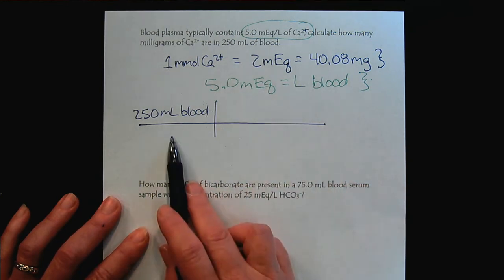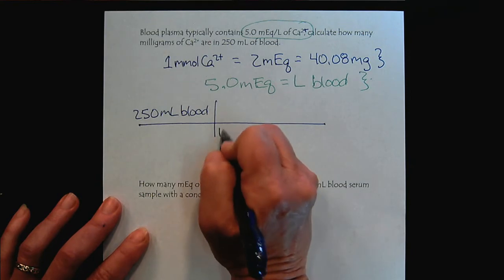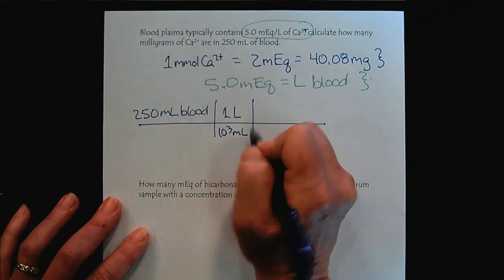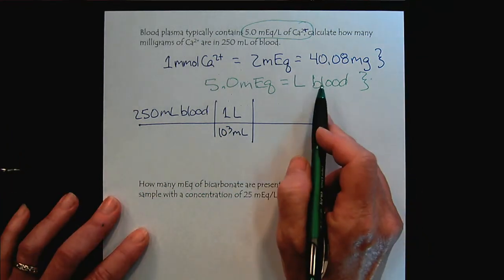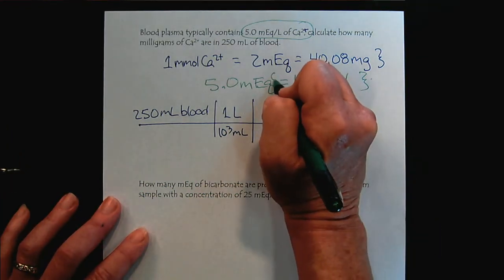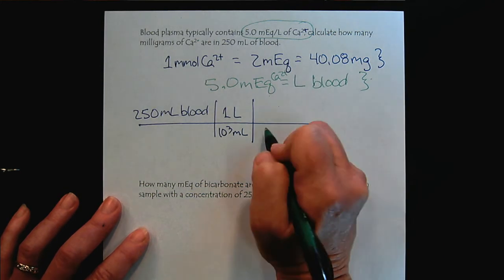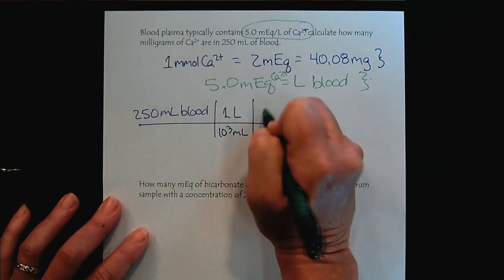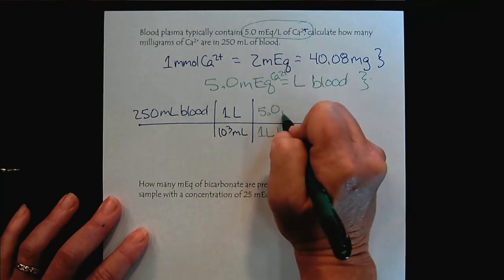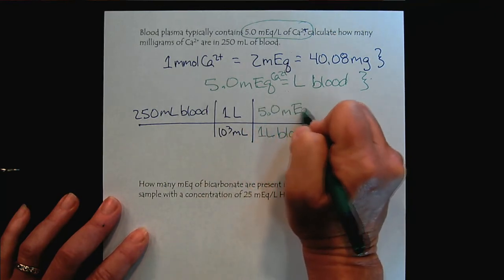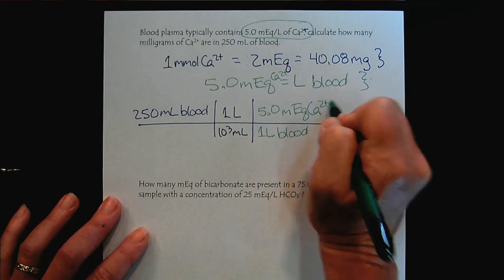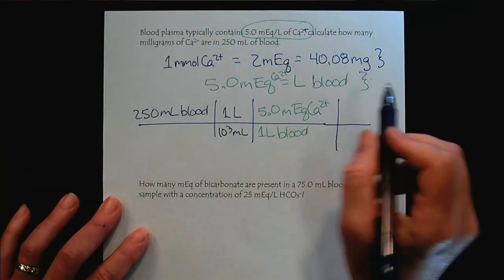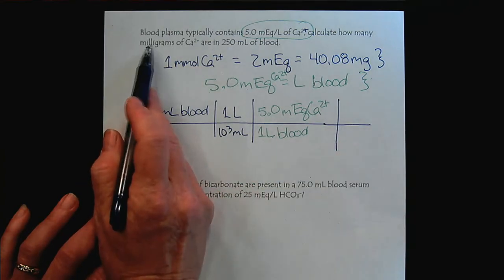So we have milliliters and we have liters here, so we've got a unit disconnect. There's 10 to the 3rd milliliters in a liter. And now we can get from the blood to the calcium. For every liter of blood, there are 5.0 milliequivalents of calcium 2 plus. And now the question's asking us how many milligrams